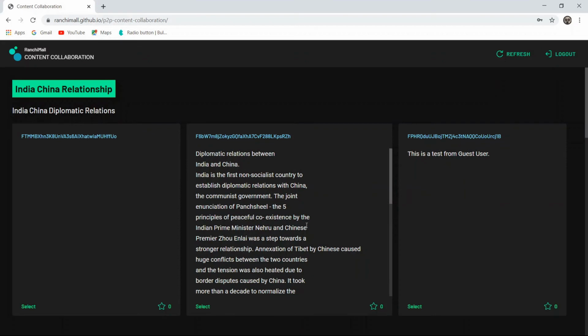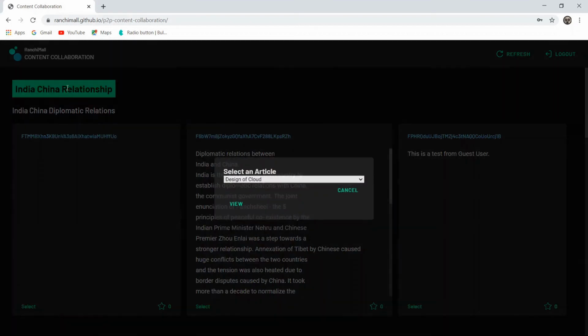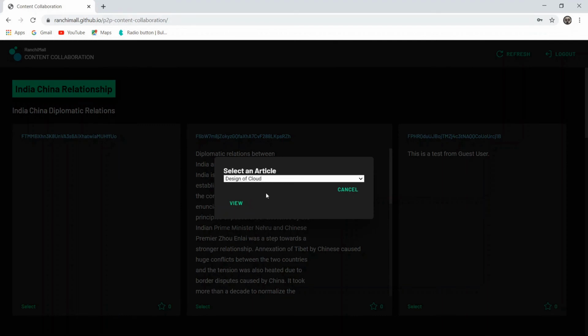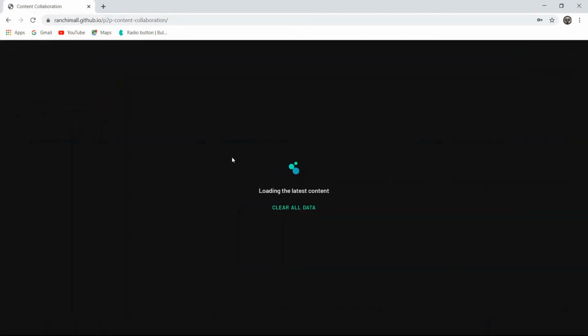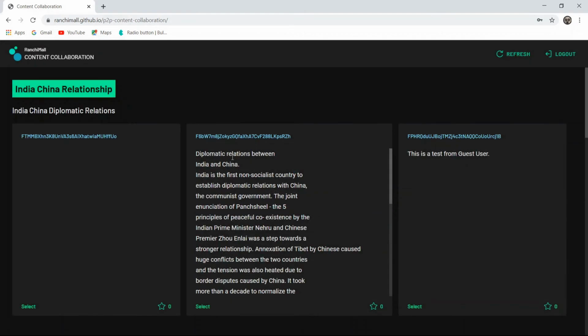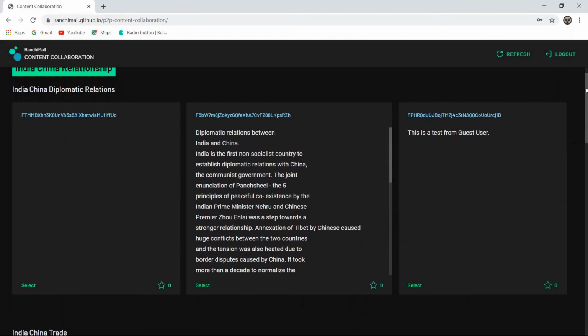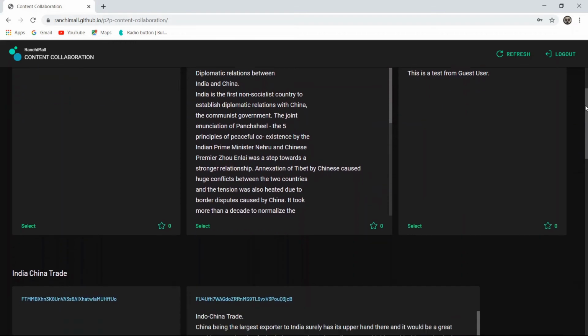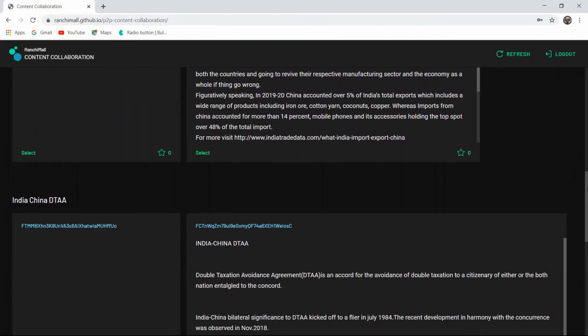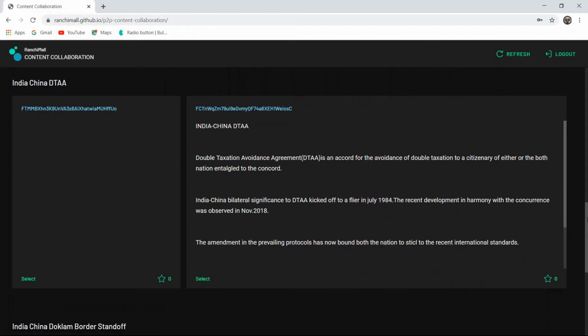Over here, you can see there are multiple topics which can be selected. We are currently working on India-China relationship. And under each topic, you will see subtopics, which is India-China diplomatic relations, India-China trade, India-China DTAA.